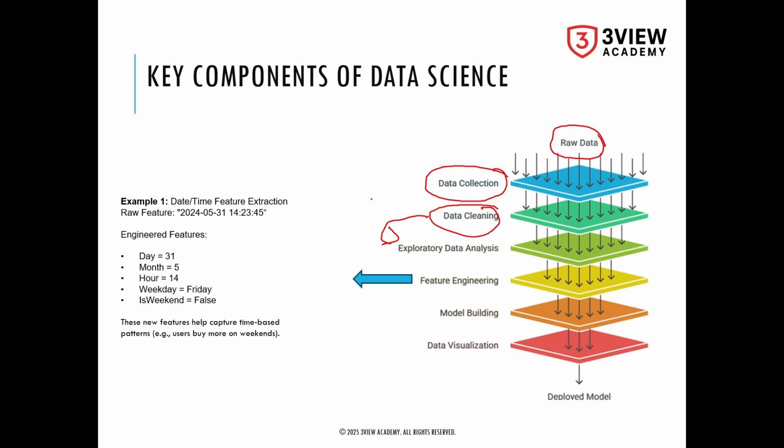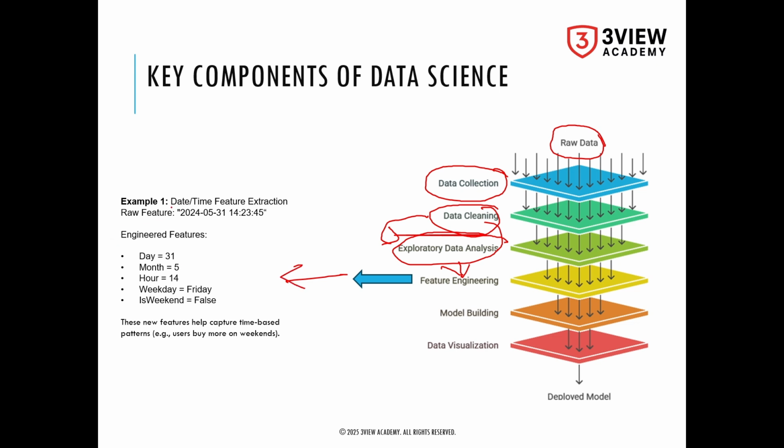After doing exploratory data analysis, you have to do feature engineering. Why feature engineering? As I said, data is not according to our requirements. Data needs to be processed further for machine learning, the test model, the prediction model. You have to make the data richer with more variables, so that prediction and accuracy levels are maintained. You make models more accurate by doing feature engineering. So let's see an example here. What is feature engineering?